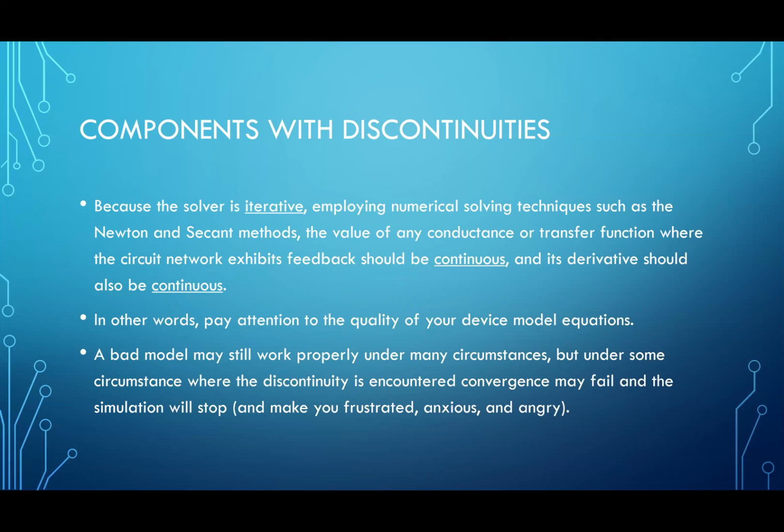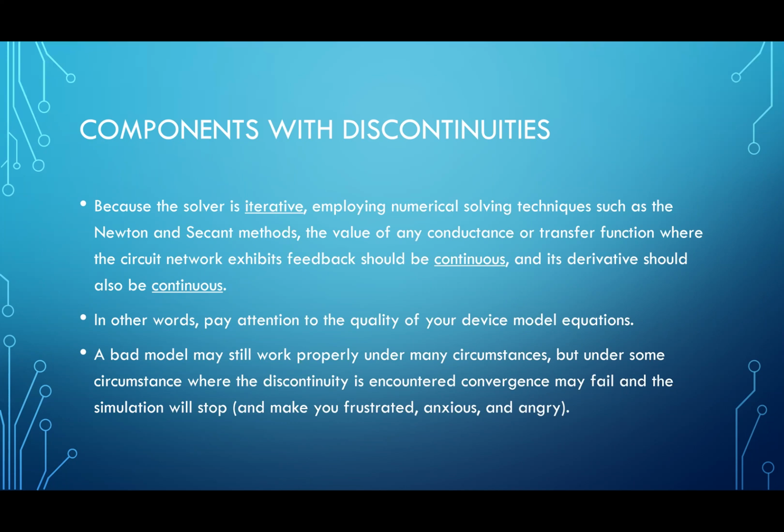So the transfer function itself should be continuous, and its derivative should also be continuous. If you use device model equations that don't satisfy that, for example, you can build your own behavioral models if you choose to, using behavioral voltage sources and behavioral current sources, and you can just type in an arbitrary equation if you want to specify the relationship between voltage and current. But if you specify a relationship that is discontinuous, then it can make it so that the circuit solver just fails to converge and gives ridiculous values or